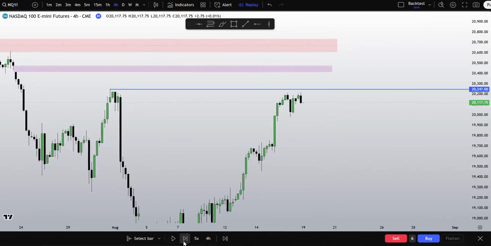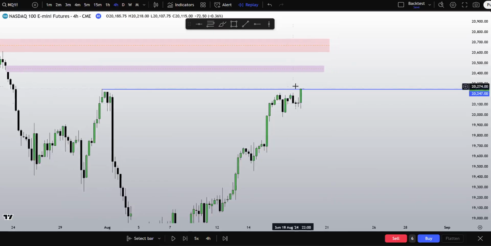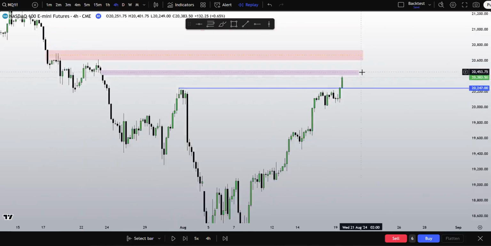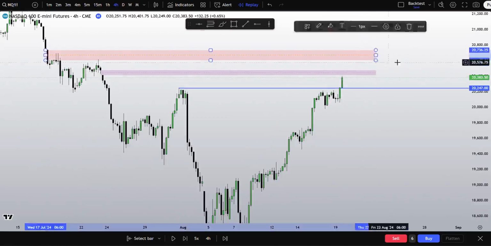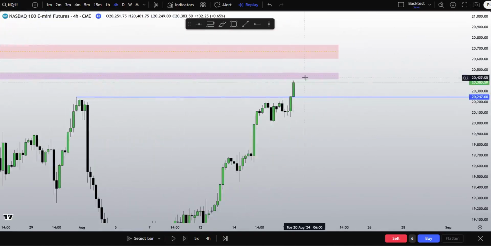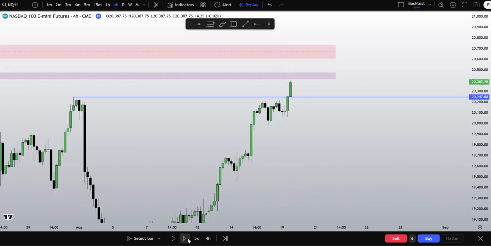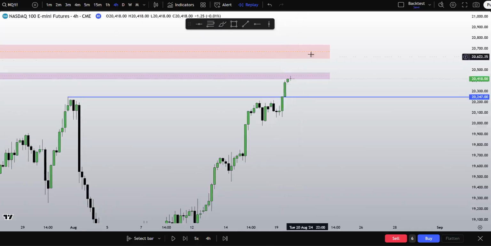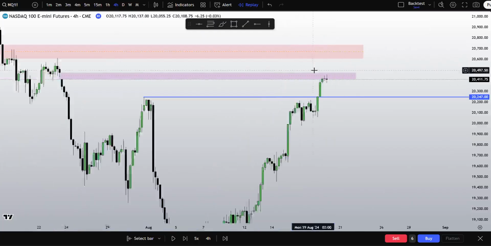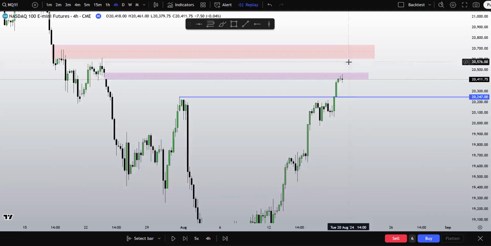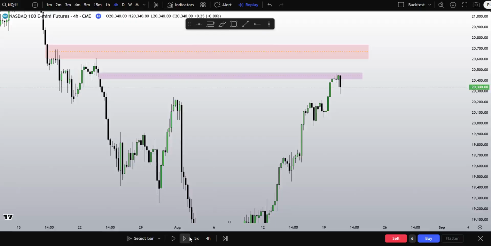Does draw one get tapped into? As of right now, yes, it does. There, draw one gets tapped into. Gap likely getting tapped into as well. So draw liquidity 1, the safe one, gets tapped into. Draw liquidity 2, tapped into. And we'll see if draw liquidity 3 gets tapped into, if we disrespect or head higher above this gap. If not, then we'll analyze towards these imbalances and see what happens, and then we'll adjust accordingly.